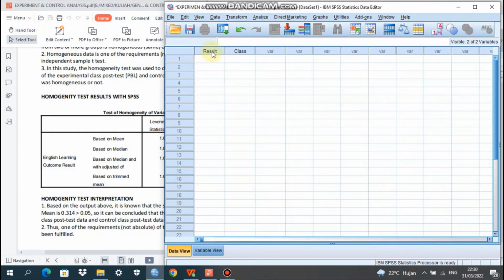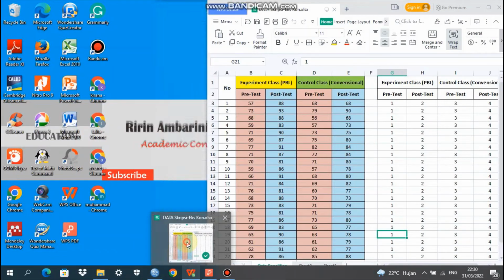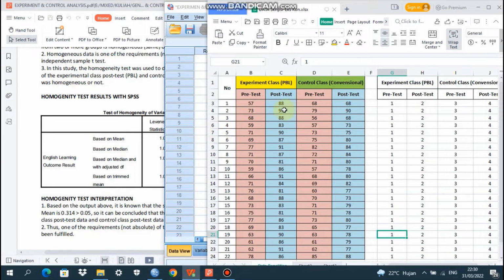We have already got the columns result and class. We copy the data of the experiment class, the implementation of the problem-based learning model. We copy the 22 scores from 22 participants. Remember, we copy from the post-test.